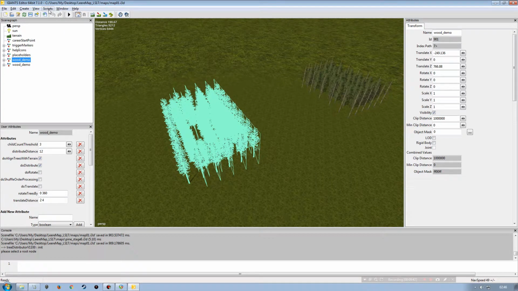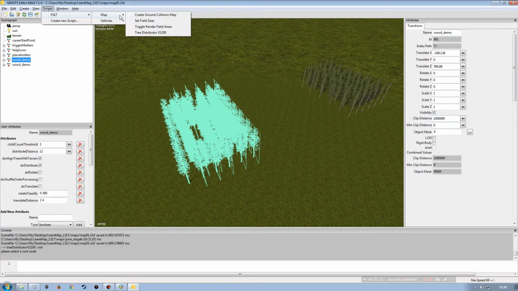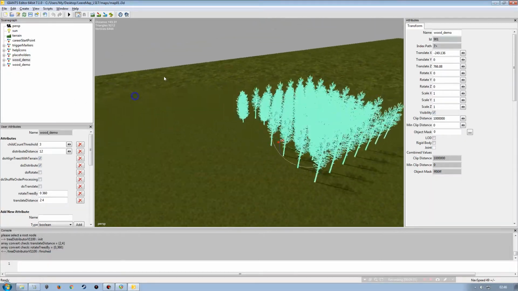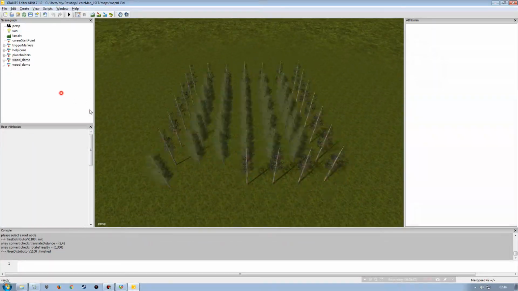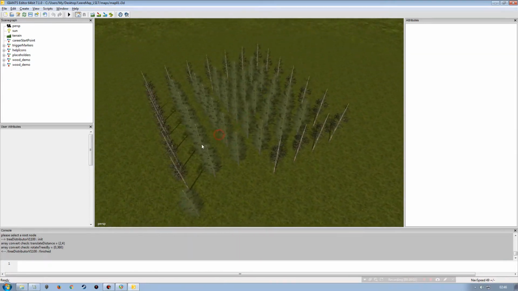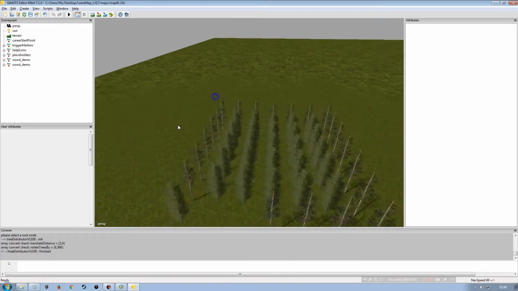So with that highlighted, we can now go scripts, FS17 map, and we'll click on the tree distributor, and if we do that, it then moves them on the map like so. If I click off, they've now slightly shifted, not a lot but a little bit. They've moved around a little bit. Okay,